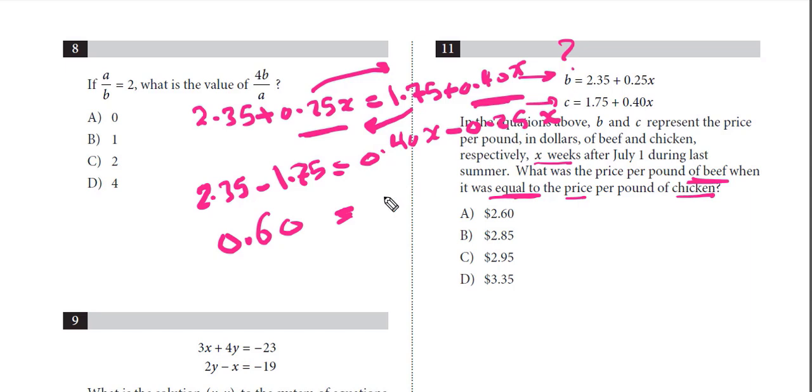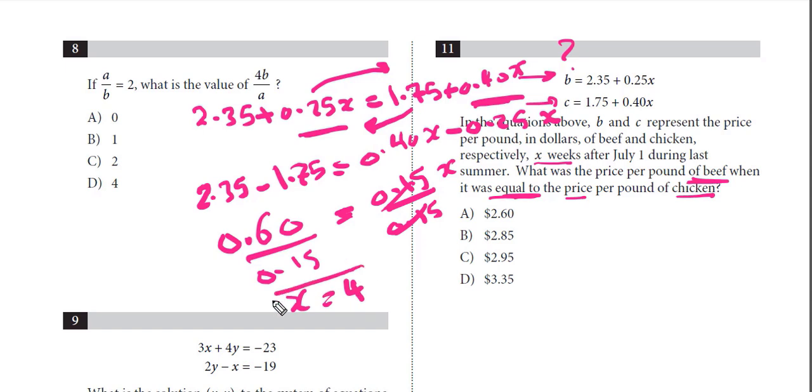0.40 minus 0.25 will be 0.15x. Divide by 0.15, then x is equal to 4. Now you have the value 4. But what is the question asking about? There is no 4 here. Why? Because the price of